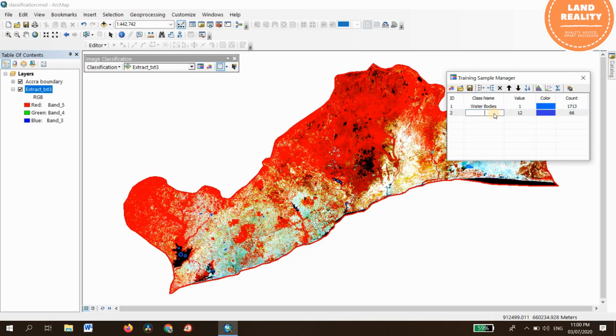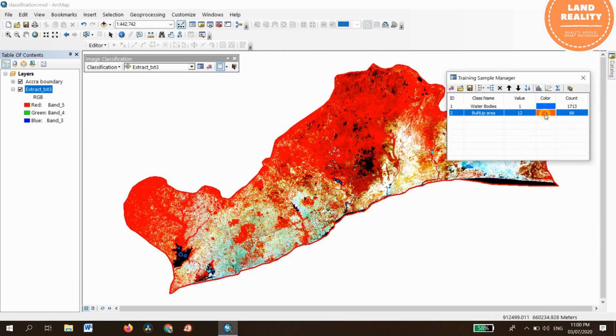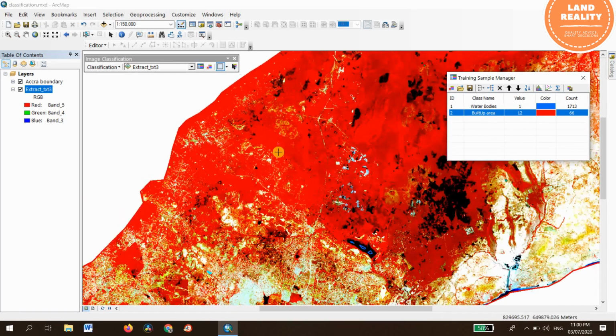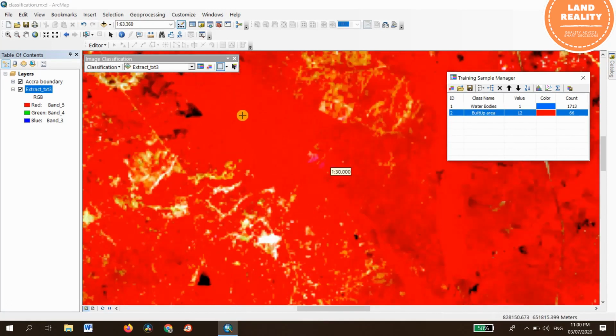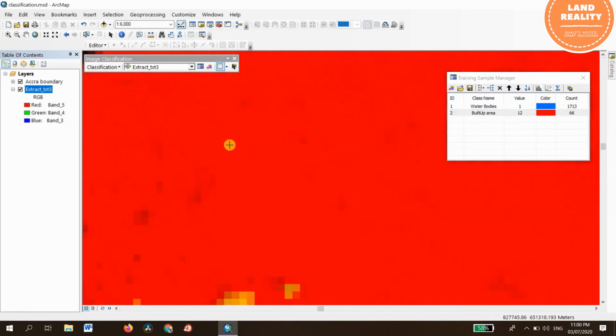And let's put here built-up area. Let's change it to red. Now, as I earlier indicated, the reddish parts are vegetation. So let's take on vegetation. So we also have to be very careful. Don't pick